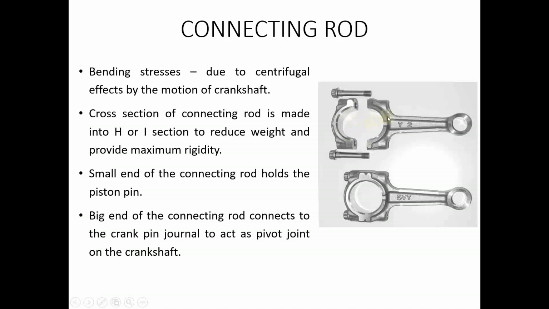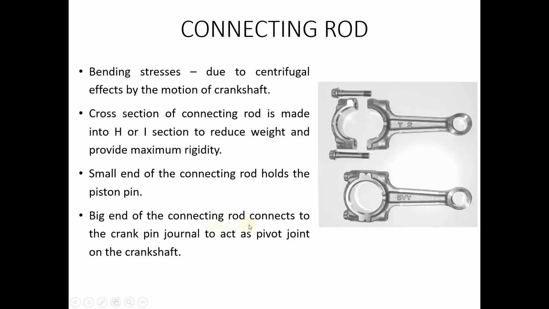So due to this, these two stresses will always be acting on the connecting rod. And as I mentioned, it is usually made into an H or I cross section to reduce the weight and to provide maximum rigidity.